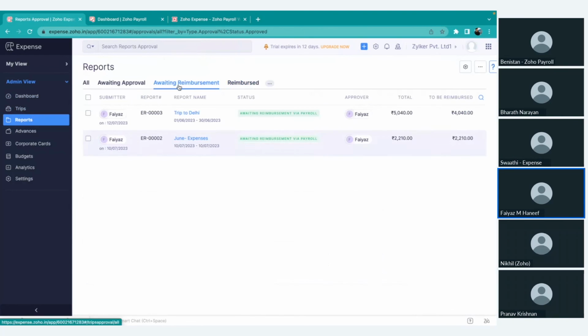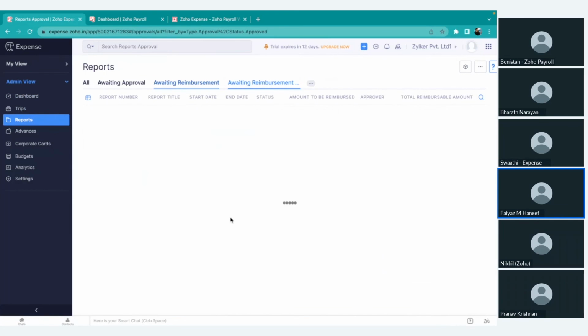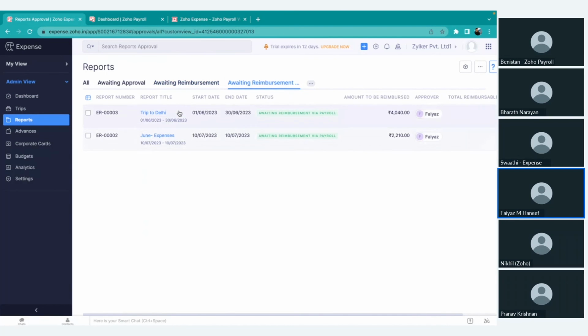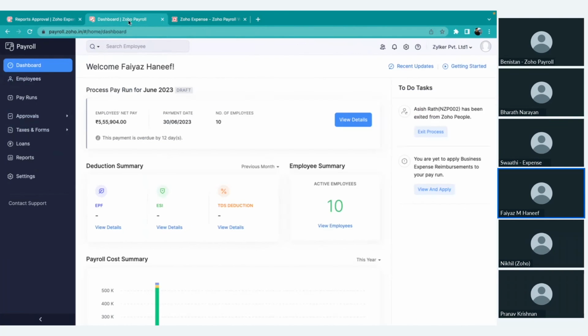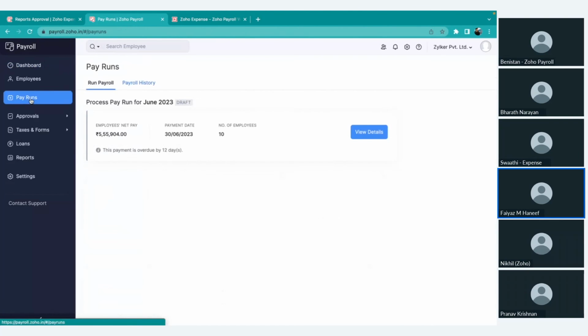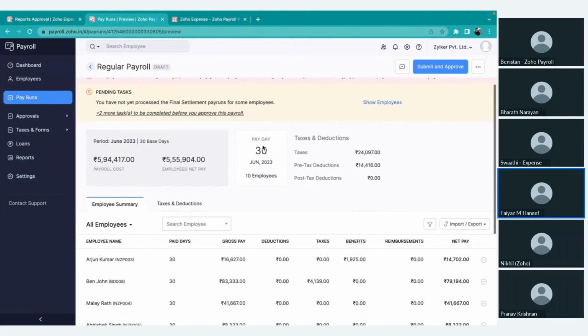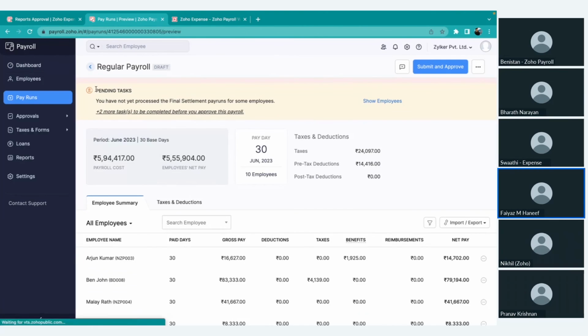In Zoho Expense itself, you will see a new filter which says awaiting reimbursement via payroll. You can see the list of reports that are awaiting reimbursement via Zoho Payroll. And if you switch over to Zoho Payroll, this is the UI of Zoho Payroll and how the application looks. In the pay runs module, you have the pay run that is coming up for this particular month. And once you click on view details, the application also shows you